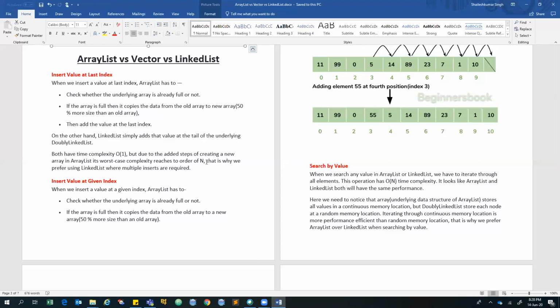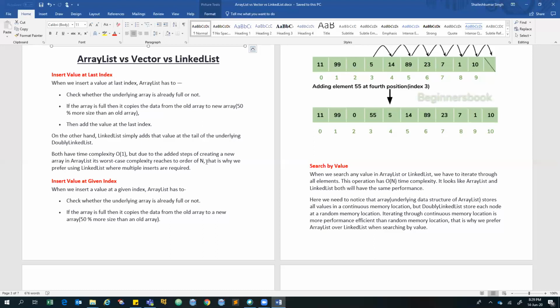So what is array list? You might be aware of the array. Array is a static array, so we need to declare its size at compile time. We cannot modify its size at runtime. We cannot decide array size at runtime, so we have to define its size at compile time. So if you want to insert more elements at a specified index which is greater than that defined size, it will give an error like array out of bounds, index out of bounds, that kind of error.